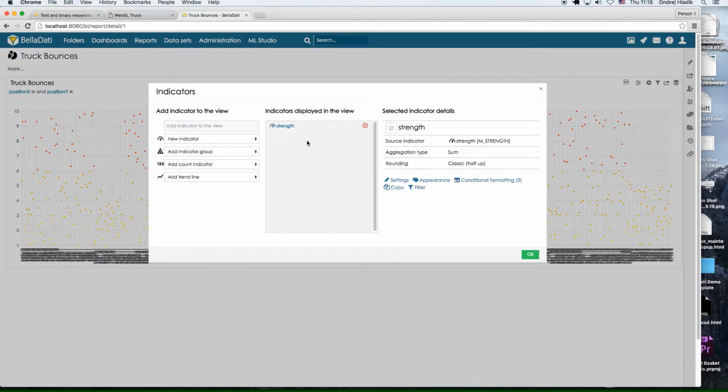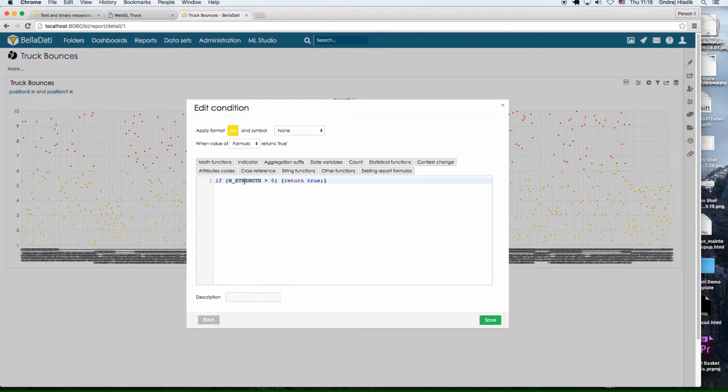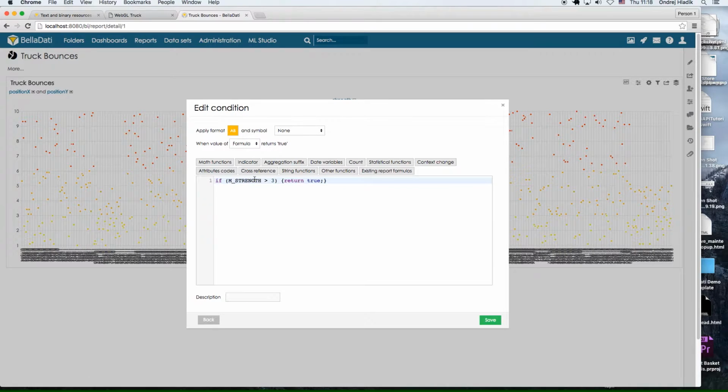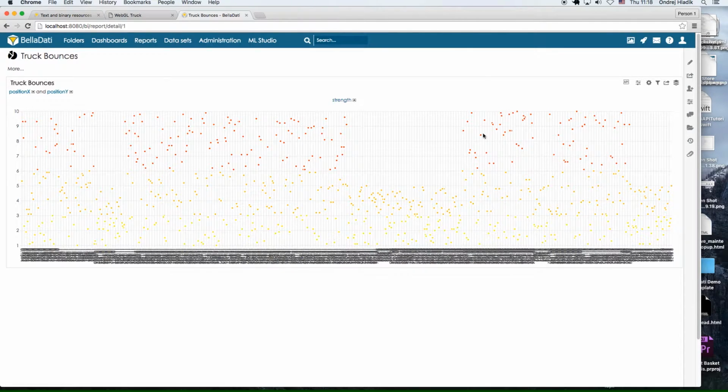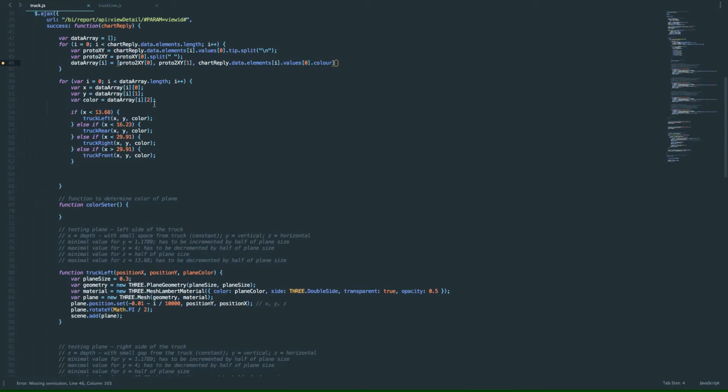So I'm getting these in the response. So here I'm storing the color, not the strength. Now this was the creation of the data array which stores all the data,